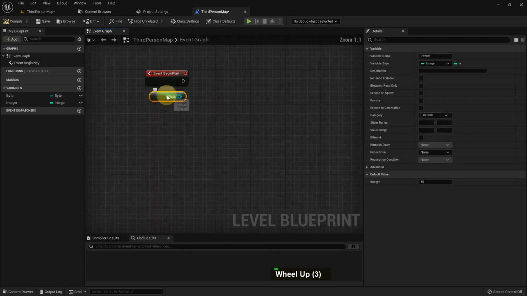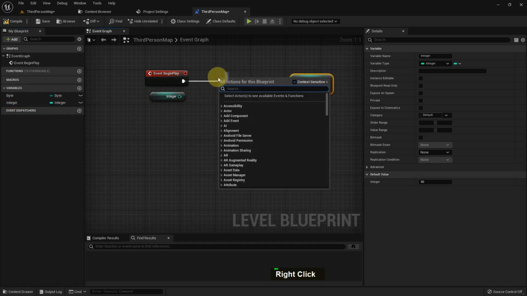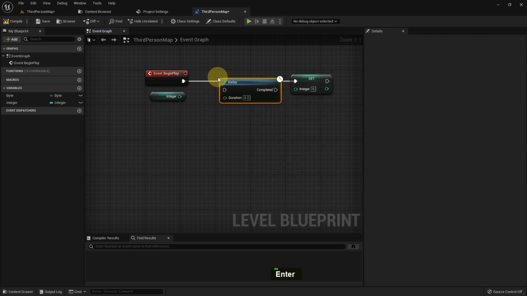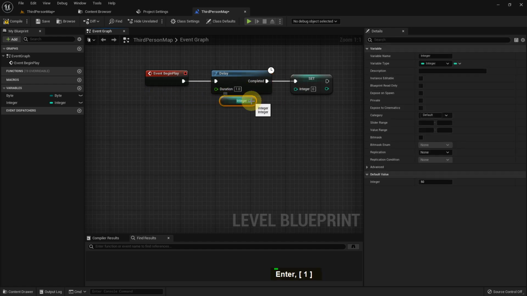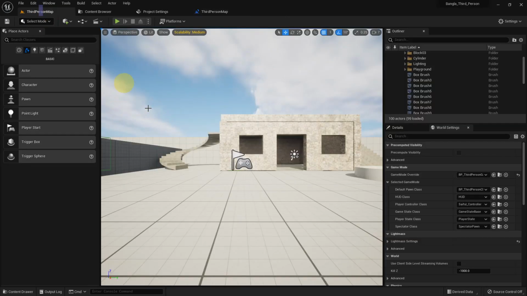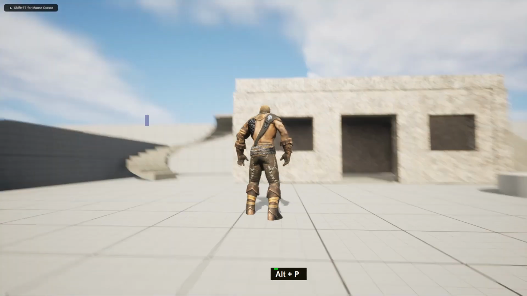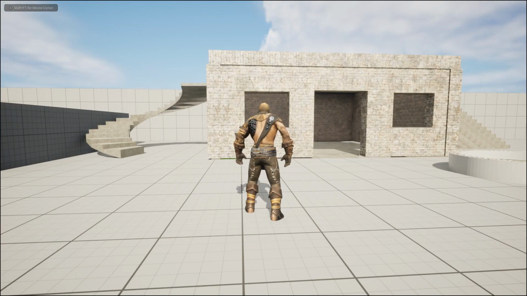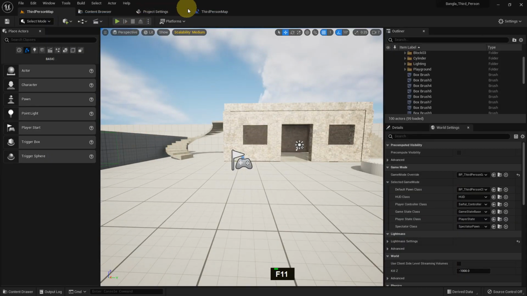Delete all of this, add the integer as a set. We can use the integer for making minutes and seconds. So I added a delay, just a delay of 1 second, and after 1 second I will add a plus value, and I will add 1. Edit. Already we have 15, and now if we play it will show 51 after 1 second, but it's not showing